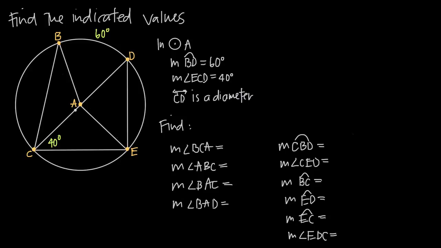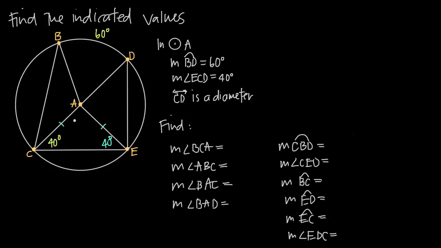Because this is a circle, I know that AC is a radius of the circle because A is the center and C is on the circle. Since E is on the circle, I know that AE is also a radius, which means that these two sides here, AC and AE, are going to be congruent. They're both the radius of the circle, so they're going to be equal to one another. That tells me that opposite angles of this triangle, triangle ACE, are also going to be congruent, so I can say that this angle, angle AEC, is going to be 40 degrees because this angle is 40